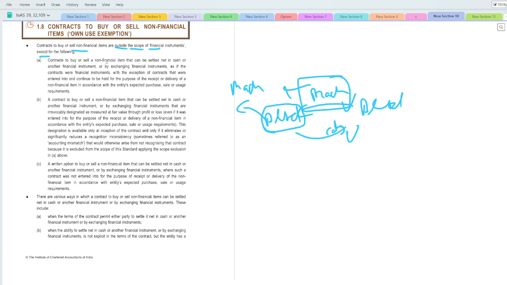So contract to buy or sell the non-financial item that can be settled net in cash or in another financial instrument or by exchanging the financial instruments, as if the contract were a financial instrument, with the exception of contracts that were entered into and continue to be held for the purpose of the receipt or delivery of the non-financial item in accordance with the entity's expected purchase. So ये सेम पॉइंट ही बोल रहे हैं कि अगर ये कॉन्ट्रैक्ट नेट सेटल हो रहा है,